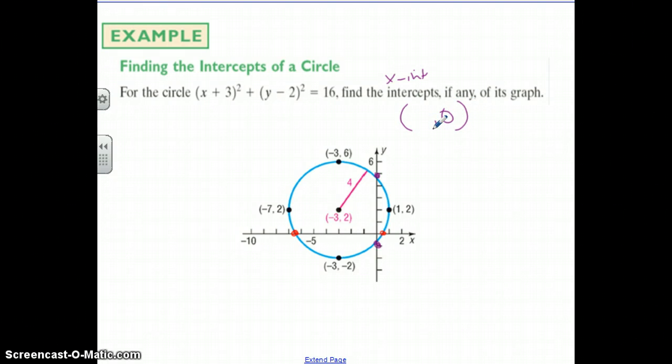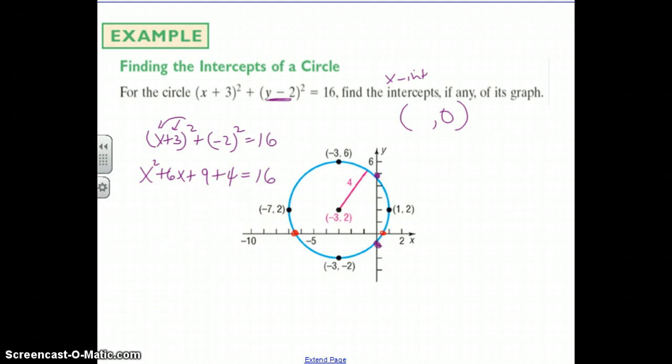So if you let the y term be 0 right here, I'll get x plus 3 quantity squared plus -2 quantity squared equals 16. The next thing I want to do is multiply this out to solve for x. And be careful, you cannot distribute this 2. This becomes x squared plus 6x plus 9 plus 4 equals 16. 9 and 4 is 13. I'll subtract 16 to get -3. And since there are no factors of -3 that differ by 6, I have to use the quadratic formula